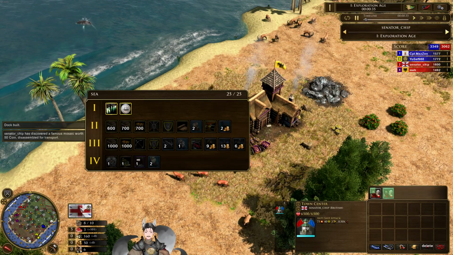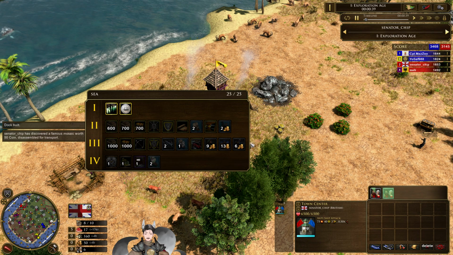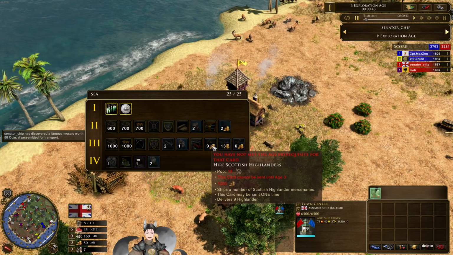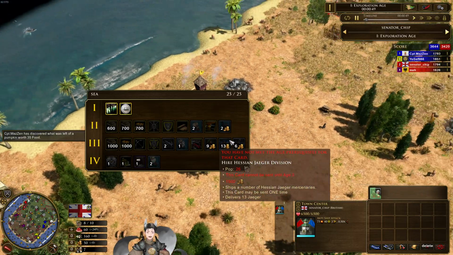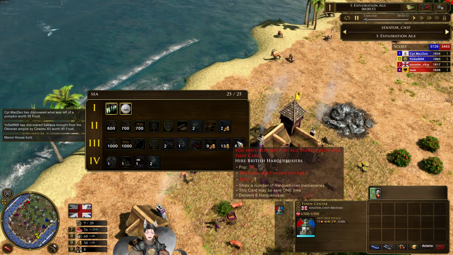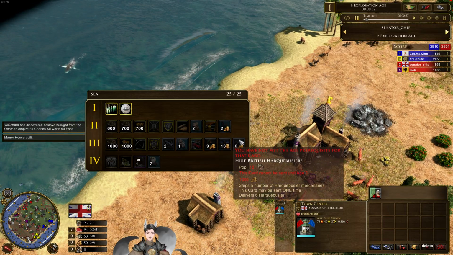Oh, we do have a deck here selected by the British. It is the C deck. No team cards. That's a lot of mercenaries here. We got the higher Scottish Highlanders. He also has the Glorious Revolution, so he can get more Black Watch. It's the higher Hessian Jaeger division. Ship 13 Hessian Jaegers. And higher British Harquebusters, which I believe...